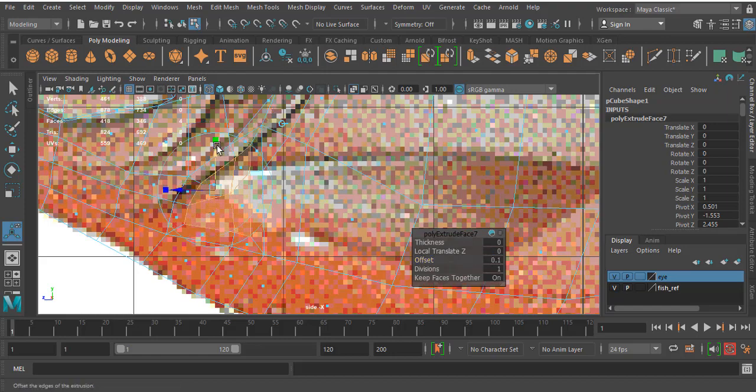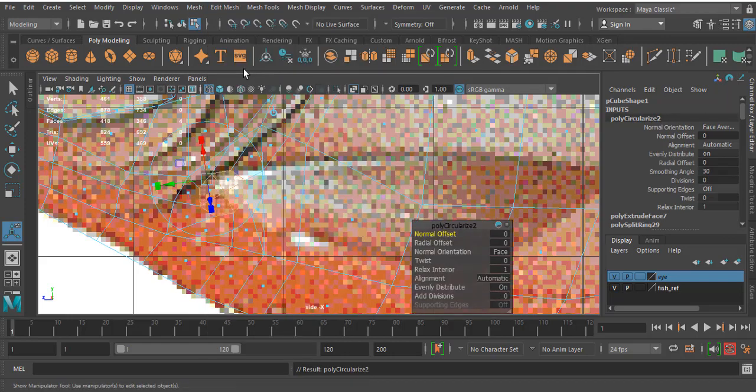Okay, go to the global options. If you really want to make it circularized, you can go for circularized. It will help you to adjust this.